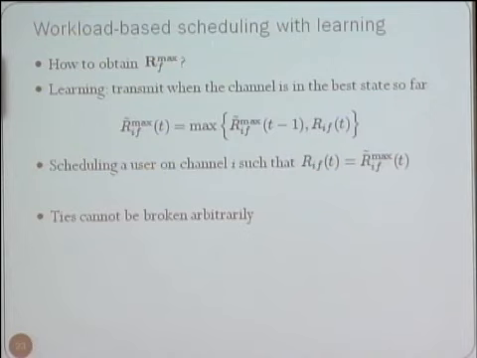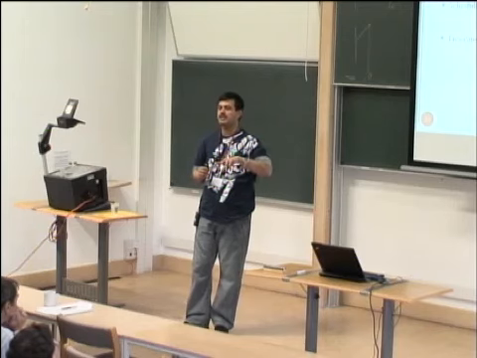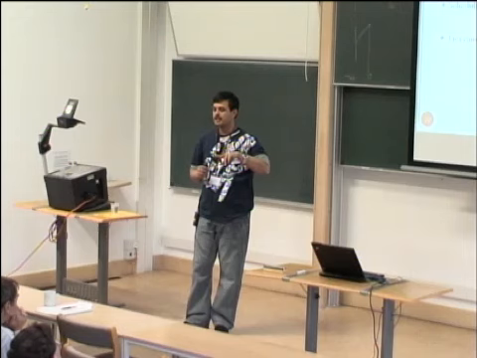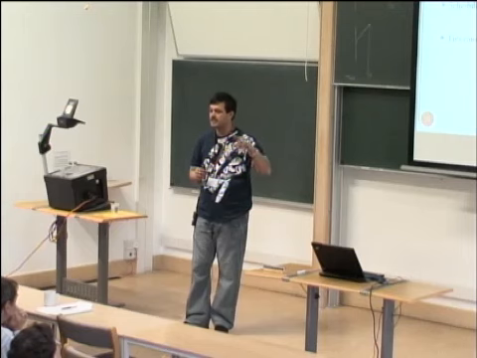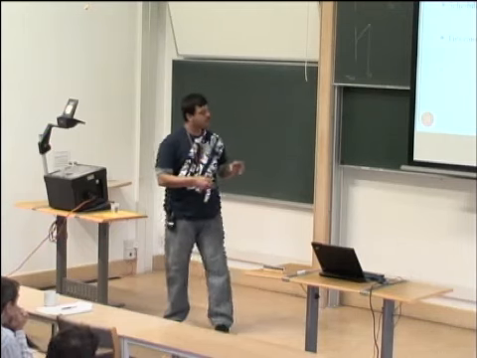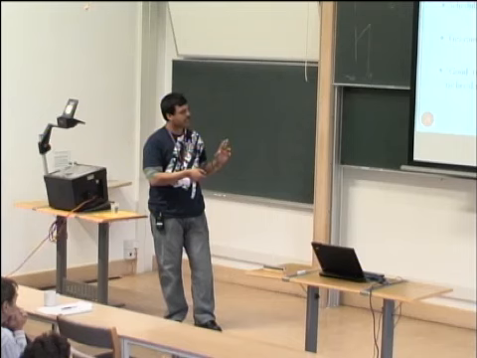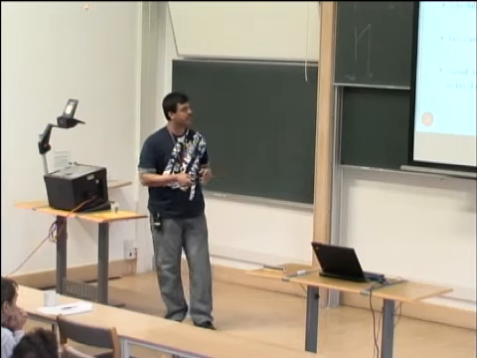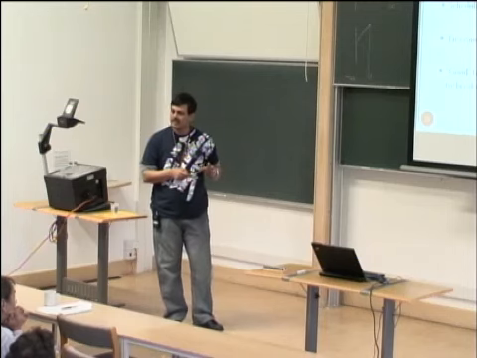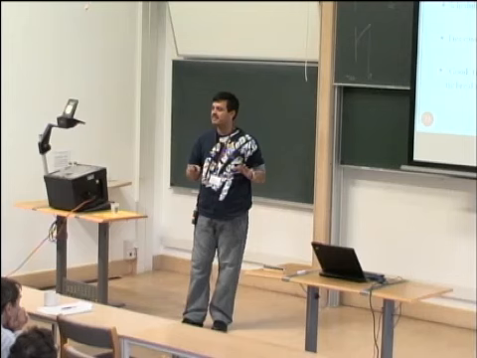If you don't know the best channel condition for each user and you're estimating it, you don't want to break ties arbitrarily. The reason is that when a new flow arrives, it would have seen only one channel state, for example. So all new flows would always look like they're in their best channel state, so you might always be scheduling new users, which may be bad for the system. A random tie breaking rule or oldest first tie breaking rule seem to be good tie breaking rules. For these kinds of rules, we can prove throughput optimality, whereas if ties are broken arbitrarily, we don't believe it is throughput optimal.